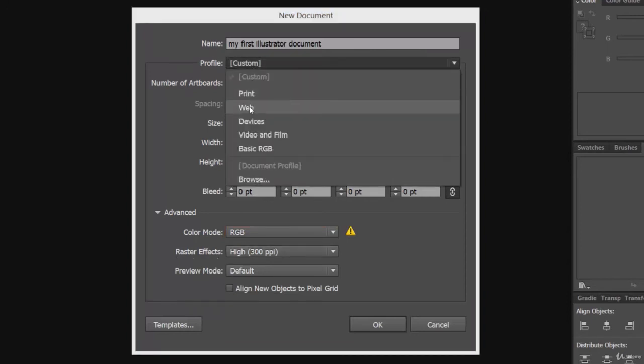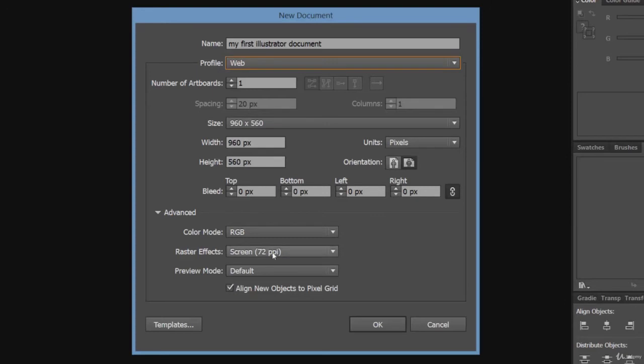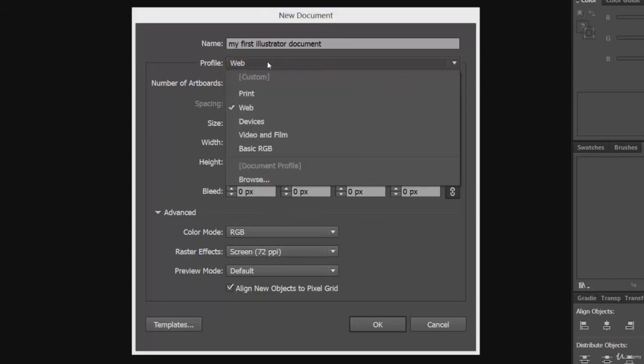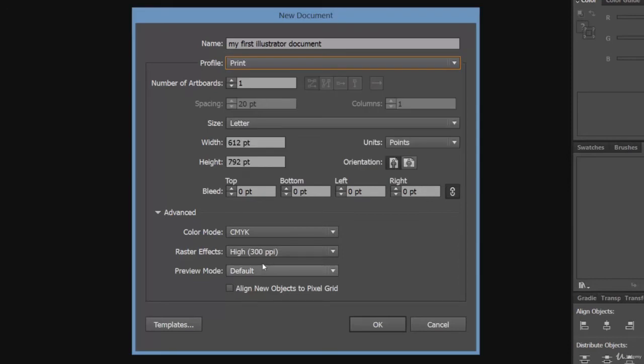Let's change it to web. See, the resolution has changed. Now it's 72 pixels per inch. Let's select print. Say it's 300 ppi, 300 pixels per inch. Preview mode, let's make it default only. Align new objects to pixel grid. Well, let's leave these for now.